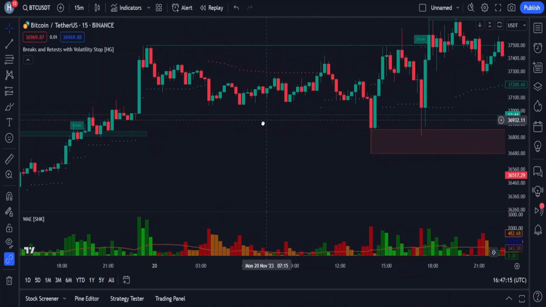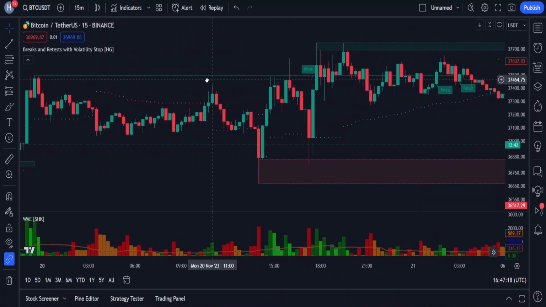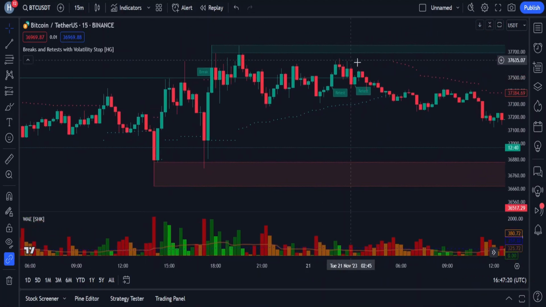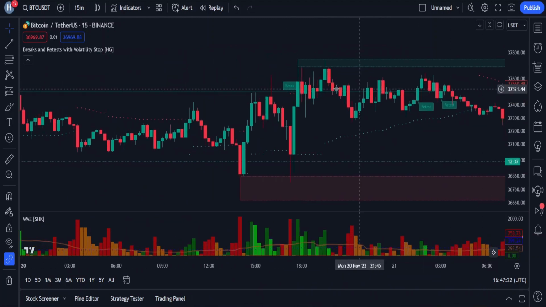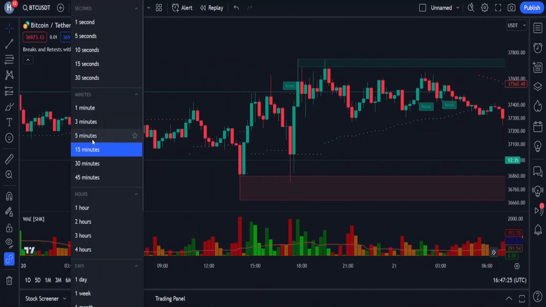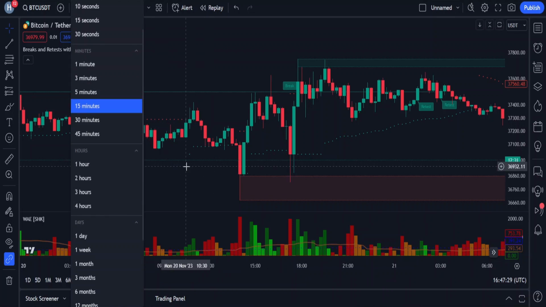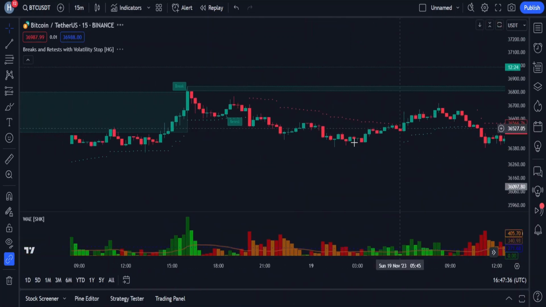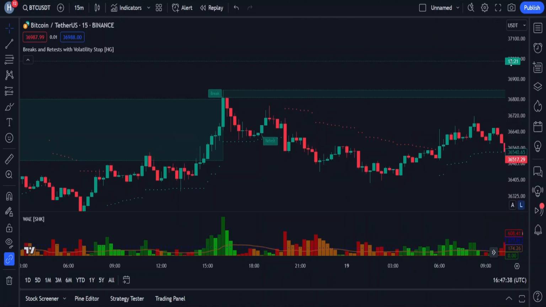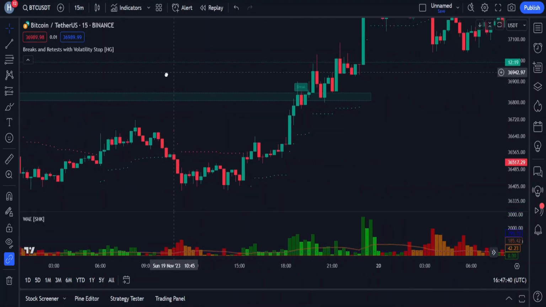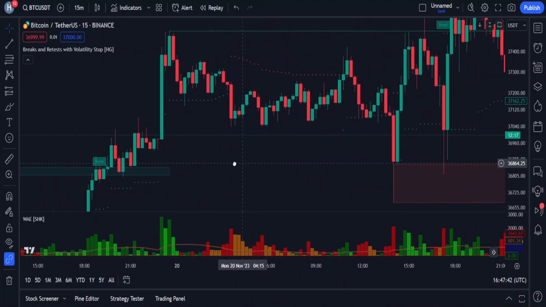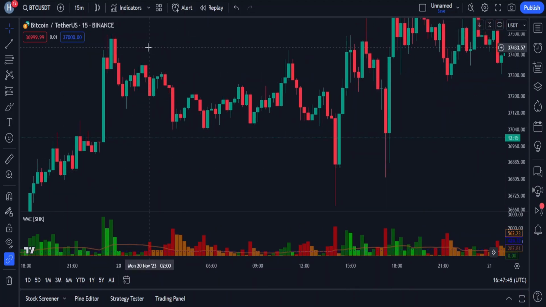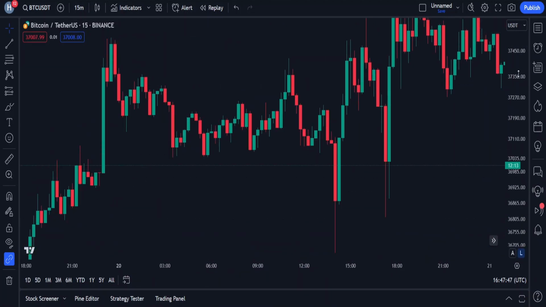So I'm in TradingView, and this is what our chart is going to look like when we're done setting up our indicators. The best time frames for this indicator are 5 minute, 15 minutes, 1 hour, and 4 hours. I'm going to be using a Bitcoin chart on a 15-minute time frame to explain the strategy. It is important to note that this technical analysis tool can be used for trading cryptocurrencies, stocks, futures, and major forex pairs. I'm going to quickly remove these indicators from the chart so I can explain their settings from the